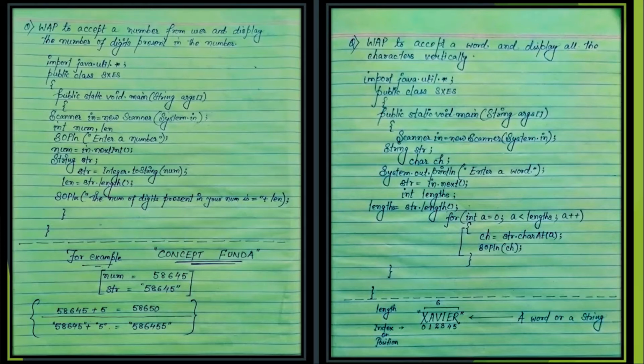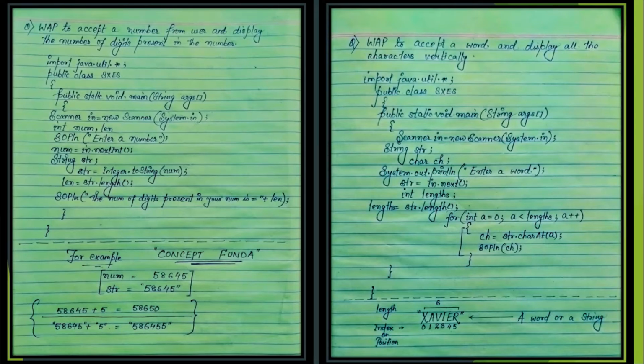Okay. After that, String str. Why have we taken string str? Because the number, let's suppose user gives us the number, that is 58,645. What we are going to do is convert this number into string like this. So it will no longer be a number. Instead, double quotes would be there. That means it will no longer be a number.